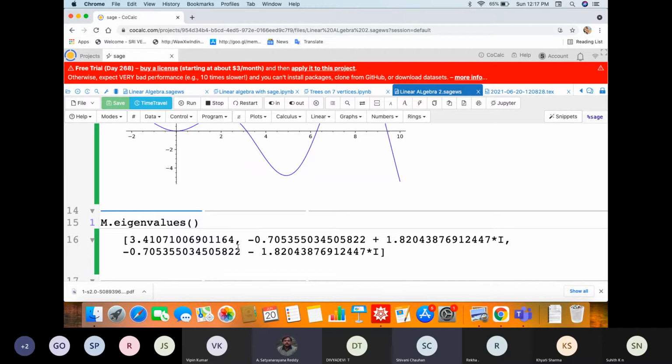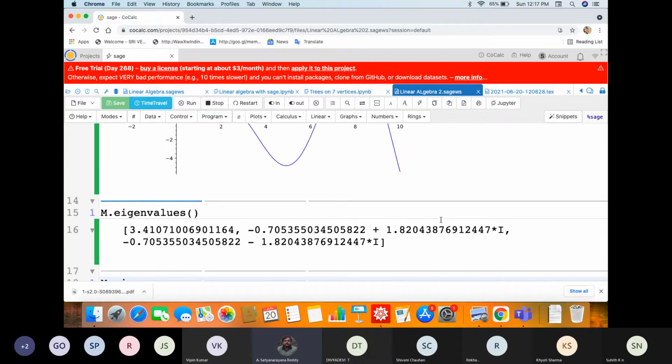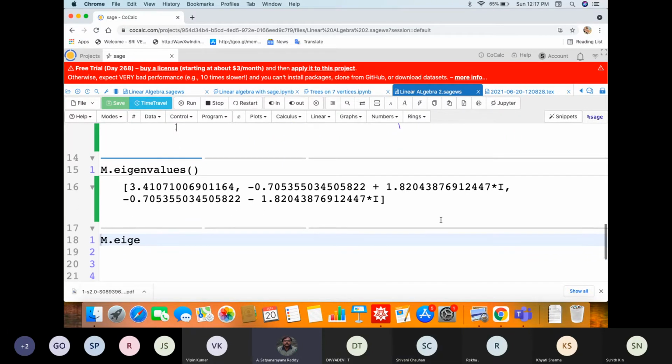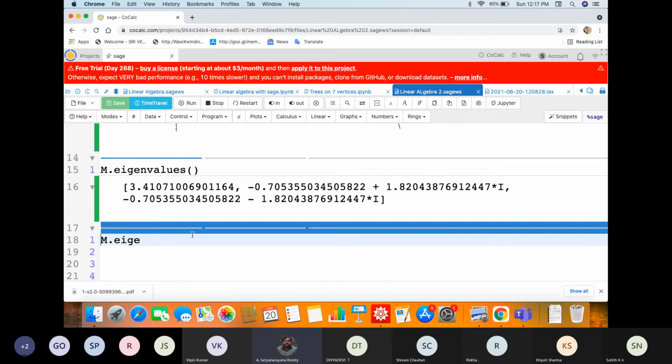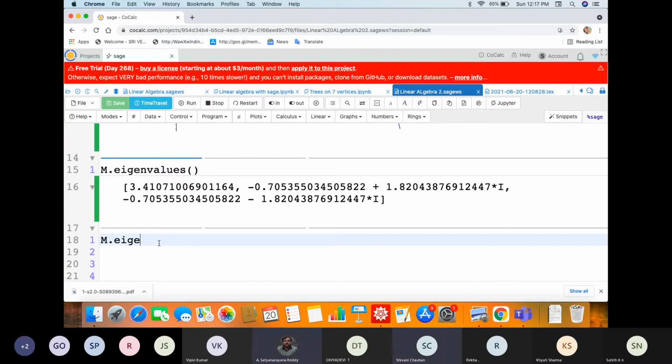Real part I understand. Since the matrix has non-negative entries, one eigenvalue should generally be real. In particular, if this is a primitive matrix, one eigenvalue is real, we know a priori. That precision is coming now. Okay, so let us find out the eigenvectors.